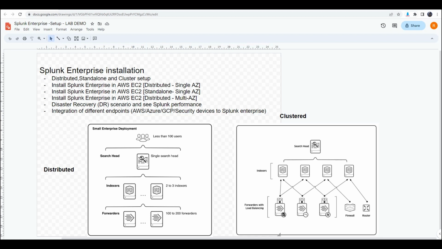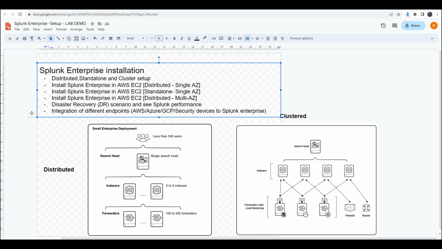So basically, what we are going to do in this session is a distributed setup in EC2. We won't be installing multiple indexers and multiple forwarders, but for this session, we will be installing one search head, one indexer, one forwarder, and then we will also install the license master and deployment server. That is for this video, but later on,